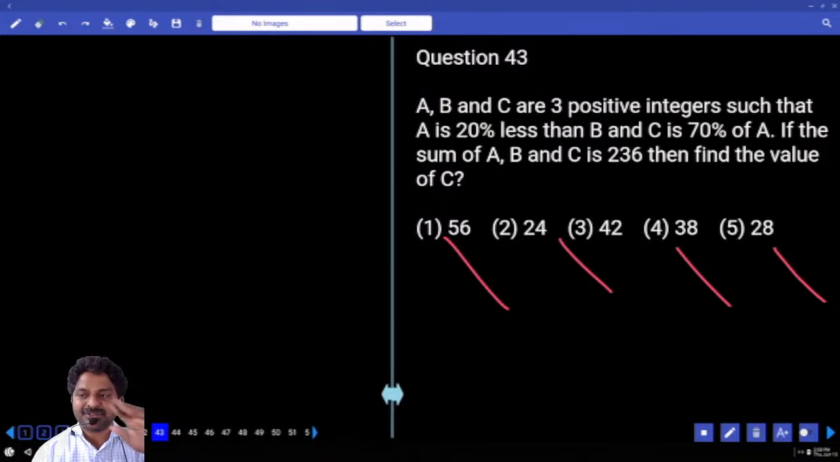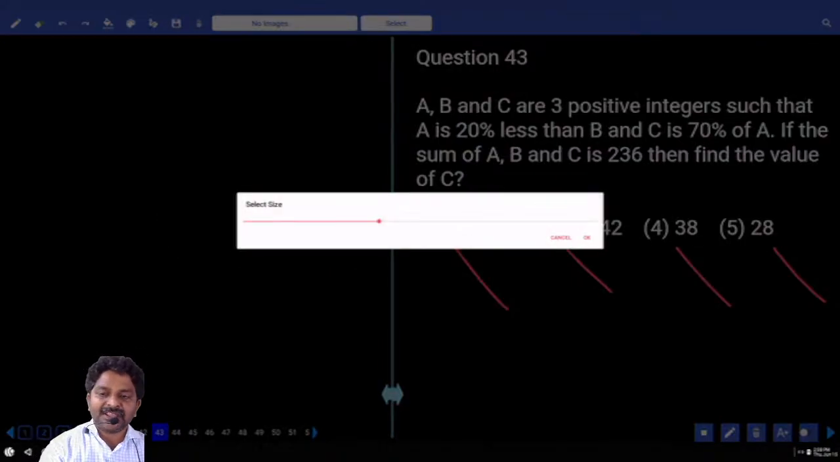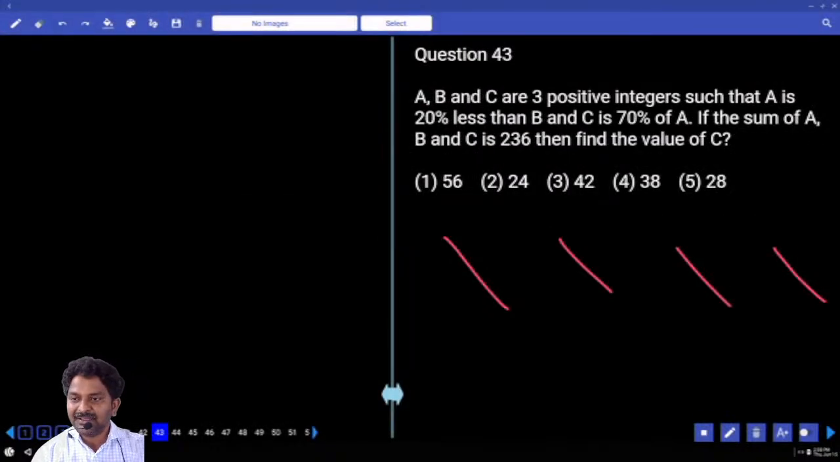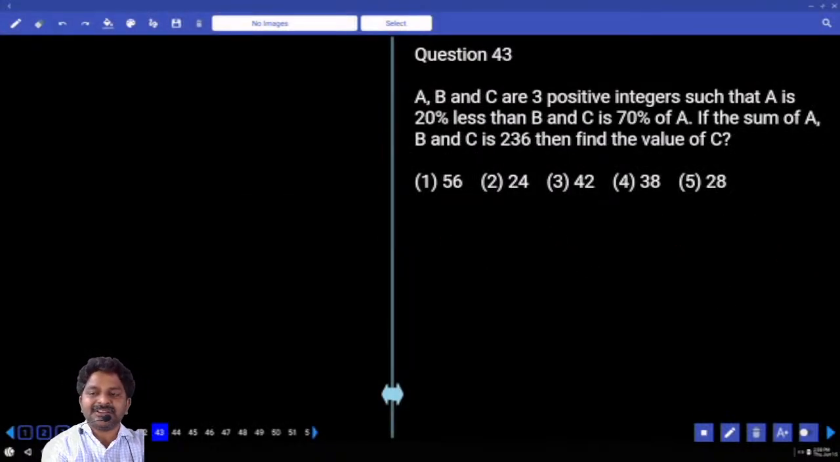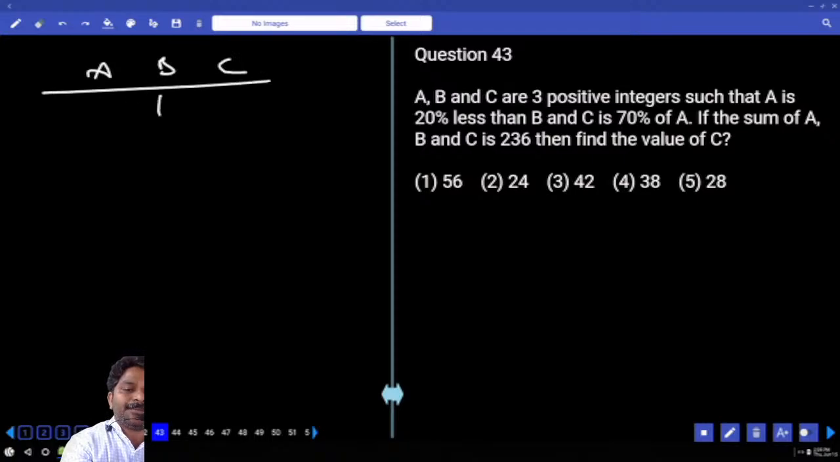A, B, C are 3 positive integers such that A is 20% less than B and C is 70% of A. If the sum of A, B, C is 236, find the value of C. Right, 3 options are there. Okay. A, B, C, 3 positive numbers. A is 20% less than B. That means if B is equal to 100%, A is 80%, correct? And C is 70% of A, 70% of this number,